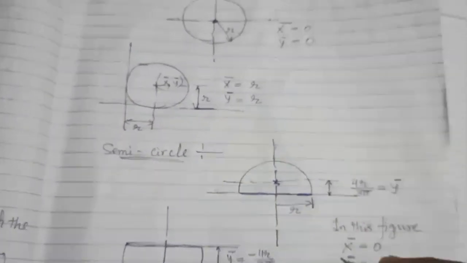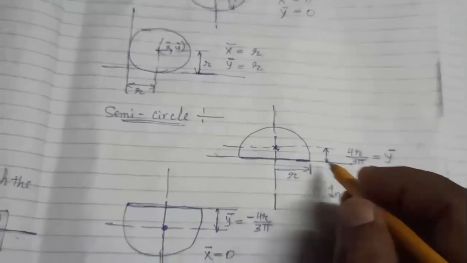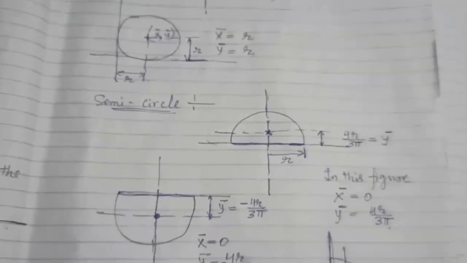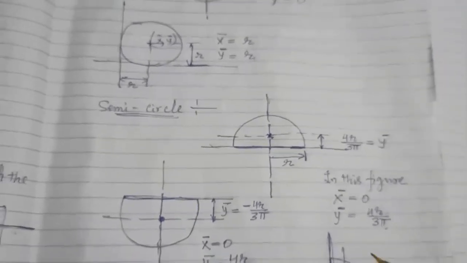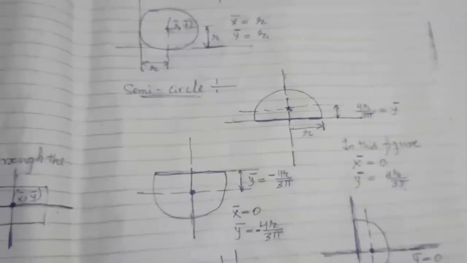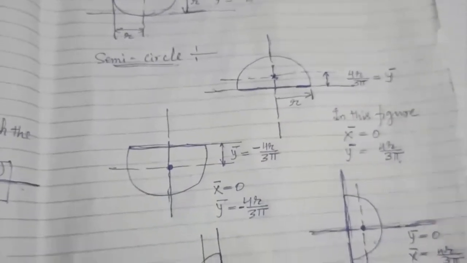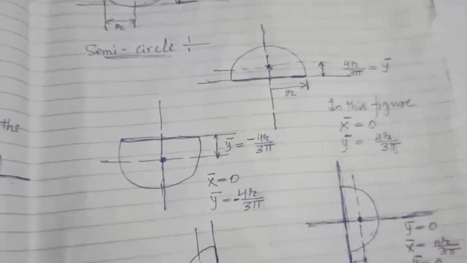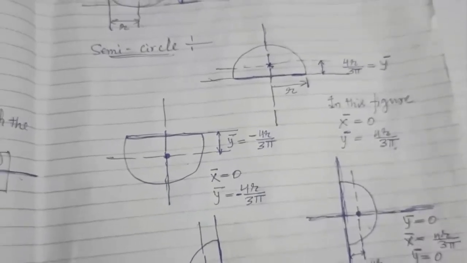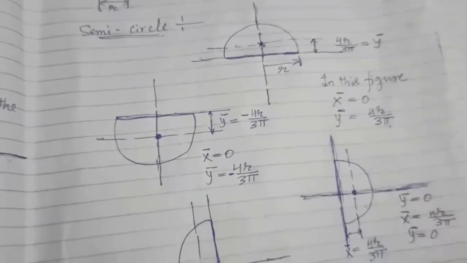Understand? Is it clear or not? We have to remember that in a semicircle, 0 is the distance, 0 is